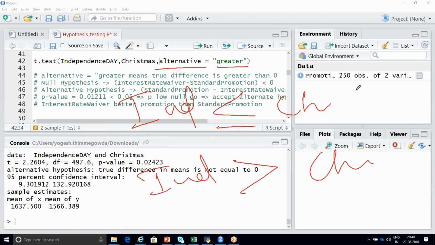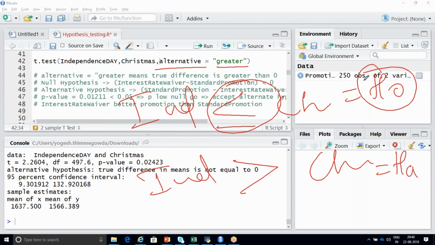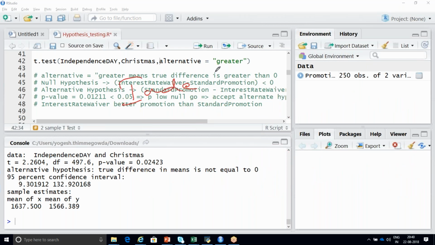For the null hypothesis, always remember one thing: whether you are an expert, an intermediate or a beginner, stick to less than or equal to in your null hypothesis, and stick to the greater than symbol in your alternate hypothesis. I can change it accordingly; if you are working for 2 to 3 years, you will probably write directly that Independence Day sales is greater than Christmas, or less than or equal to Christmas.